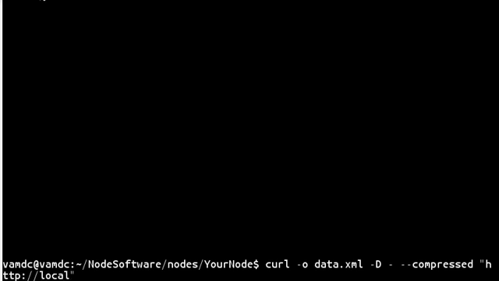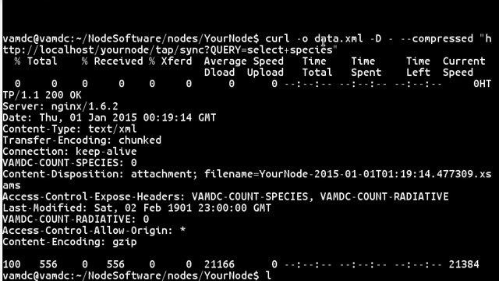And we can use curl, which is a command line HTTP client, and tell it to access this URL, which is the TapSync interface where the queries are run. So we run the query to our new node, SELECT SPECIES, and we tell it to print out the HTTP headers and save the output in data.xml and use compression. The HTTP headers that you see here are just some version info, and that's fine. We see that the content was compressed, and we see the HTTP headers that we added in the query function,